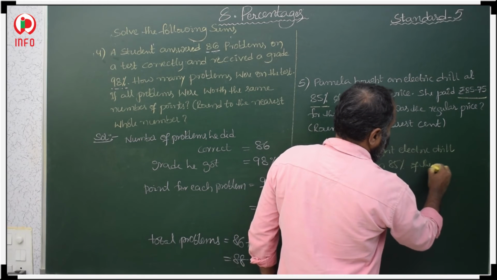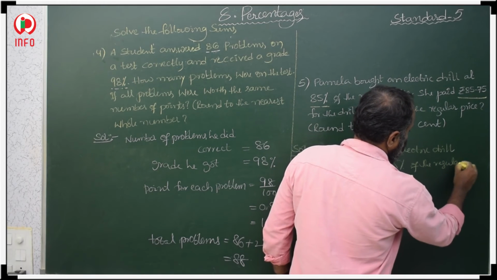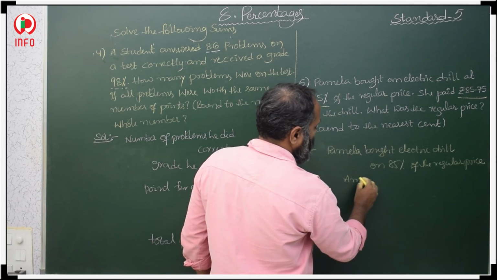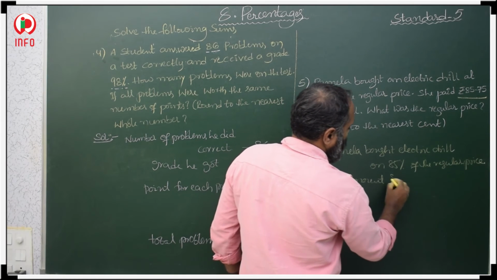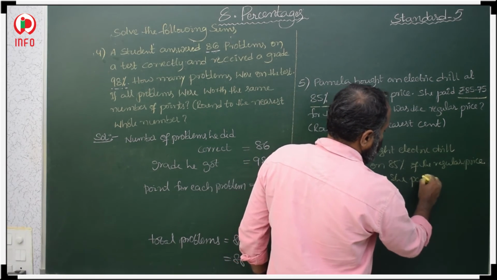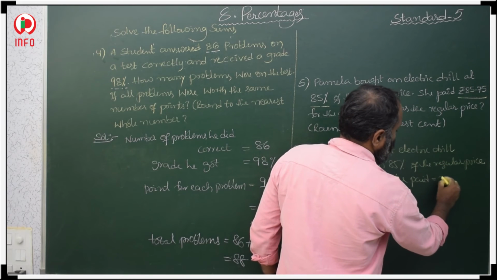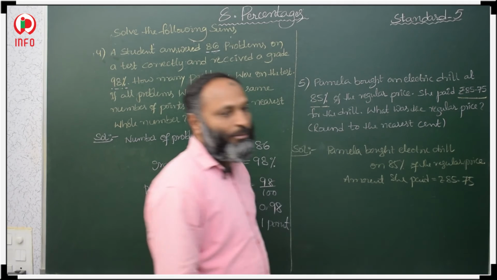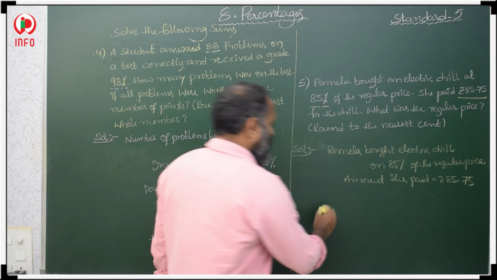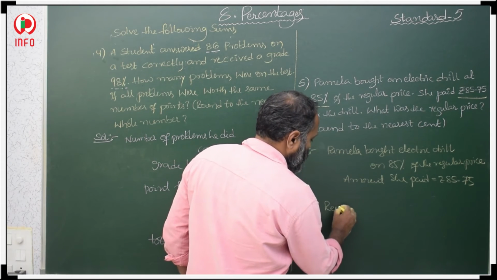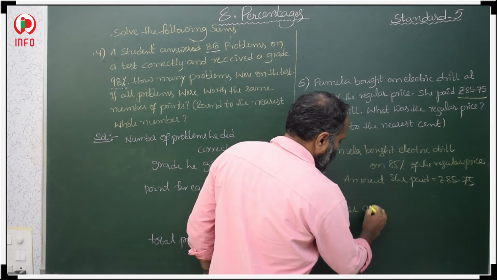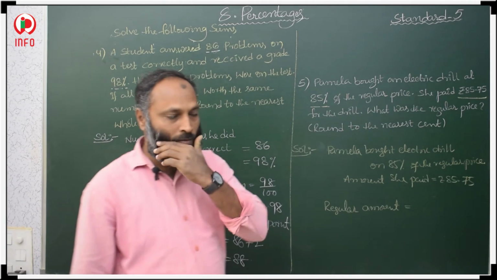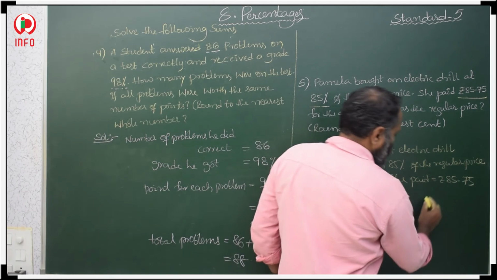Then the amount she paid is equal to, how much amount she paid? 85.75. So then how will you get the regular amount? Regular amount is equal to,